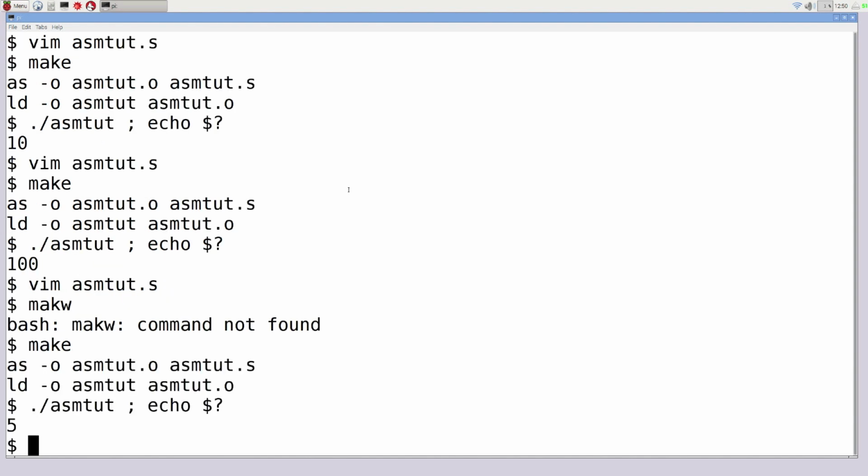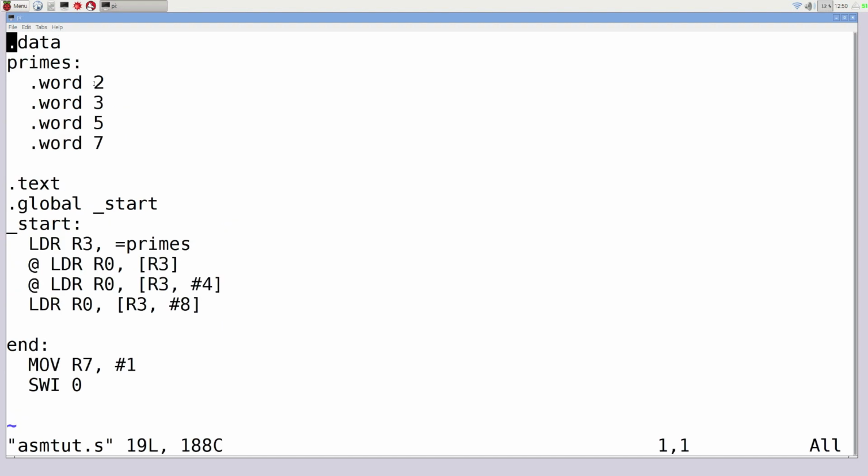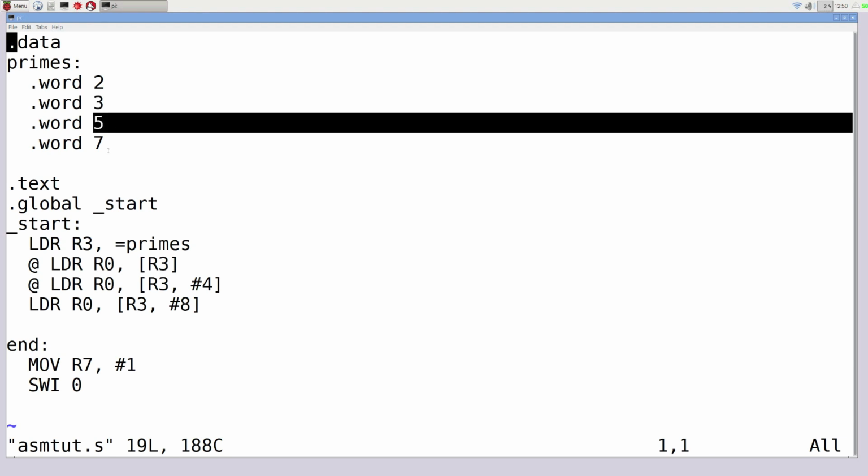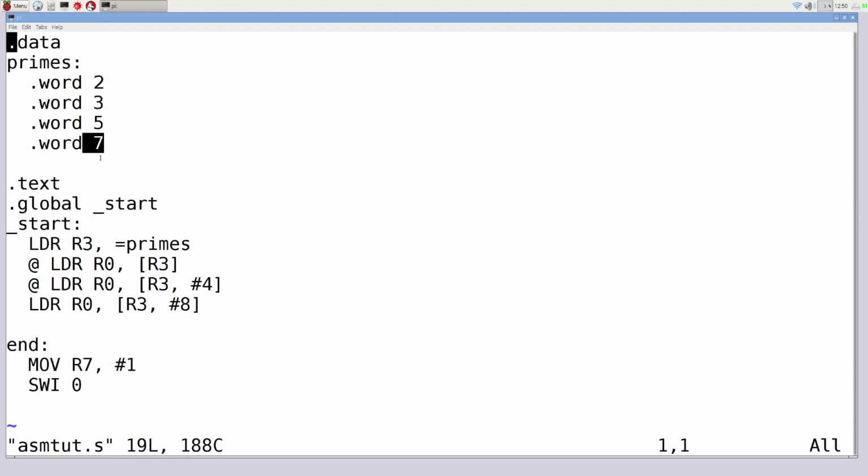Type in make, and there you can see 5 showed up. Let's jump back over there just to make sure. And there you can see 2, 3, 5. So this one right here is going to give us the value of 2. The next one is going to give us a value of 3 and 5. And then you can take a wild guess at what number you're going to have to put in here to get the next value. So that's how we can work with lists of different information that's stored inside of assembly